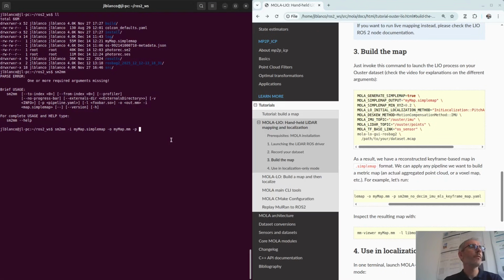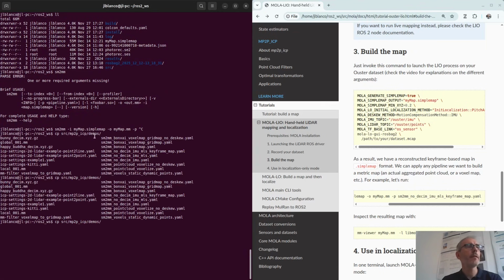If that's not working today, okay, demo effect. So let's copy that from a local copy here. If you clone the MP2P ICP project, or you also have links in the tutorial page, you can take any of these demo YAML files. There are many of them, depending on whether you want to apply a strong voxelization of the data, or just keep the highest possible density, applying different filters, build a voxel map, point clouds only, and so on.